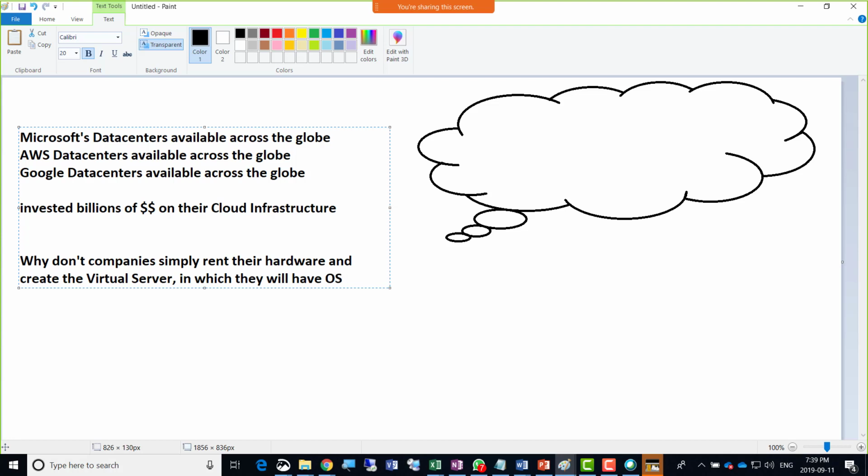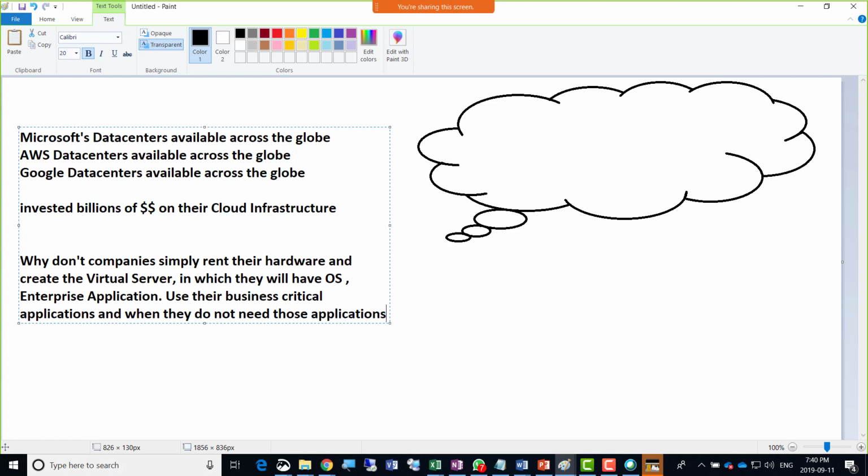An OS, and on top of the OS, enterprise grade applications like banking applications, insurance company applications, military applications, SQL servers, SCCM servers, System Center Configuration Manager servers, web servers. So why don't they just rent that hardware and use their business critical applications, and when they do not need those applications, they will simply delete them,